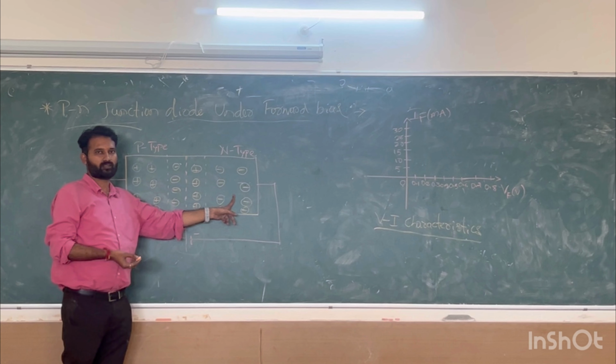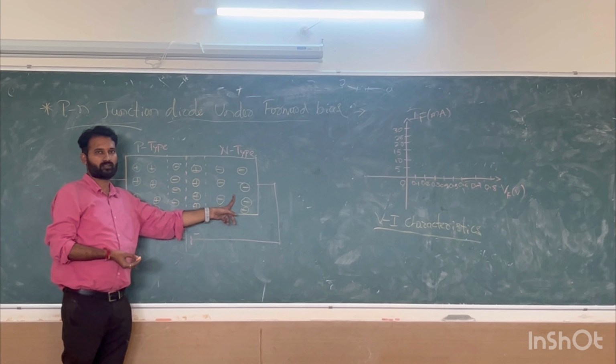What will happen internally? It is already available. You know what we mean by depletion layer, which is created near the junction. I have already explained this. That will be available. This vertical dotted line which I have given in pink is the PN junction. So near the PN junction we will have a depletion layer.